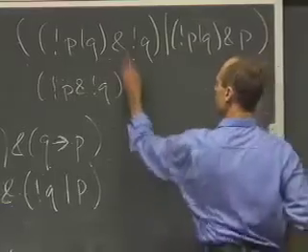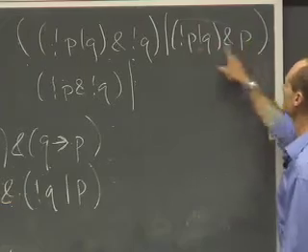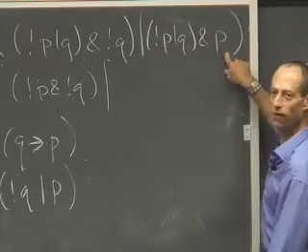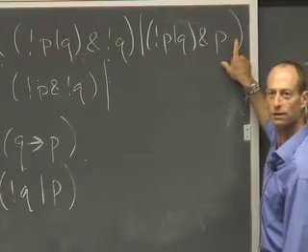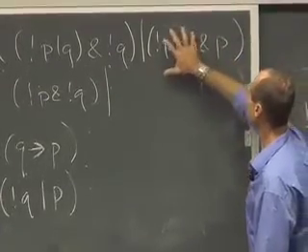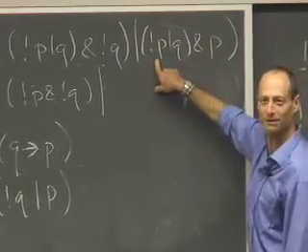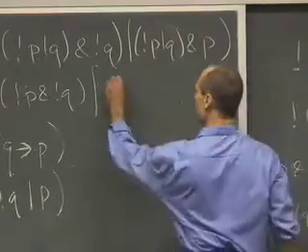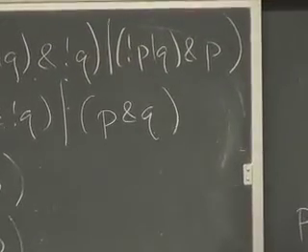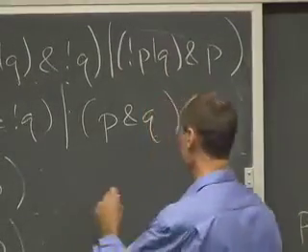Okay? So we have this or. What happens here? Well, it's exactly the same thing. In this case, how can this possibly be true? Well, if P is false, then we've got something and false, and this is going to be false. Right? So the only way that this side can be true is if P is true. So then, if P is true, the only way this piece can be true is if Q is true, because P isn't helping. So this side is P and Q. Same thing. P and Q or Q and P is the same thing.